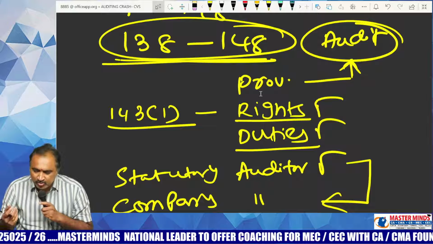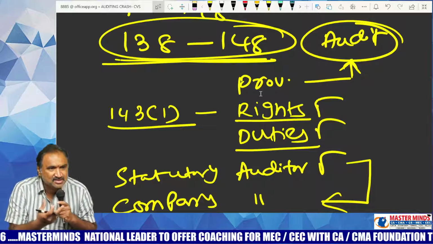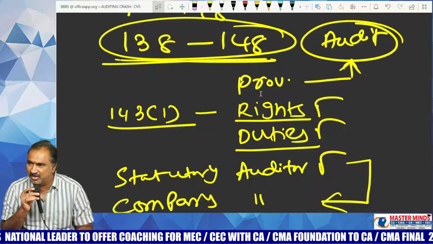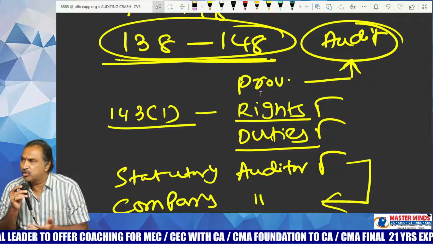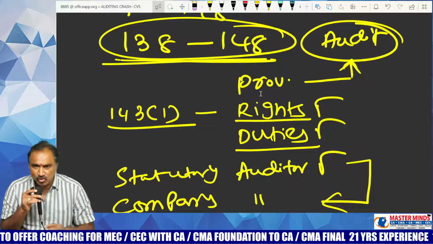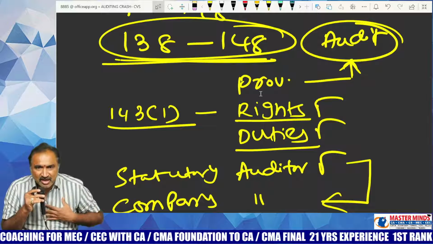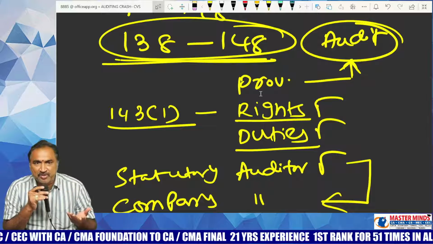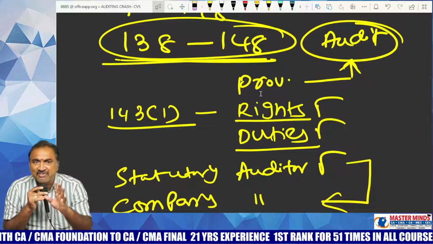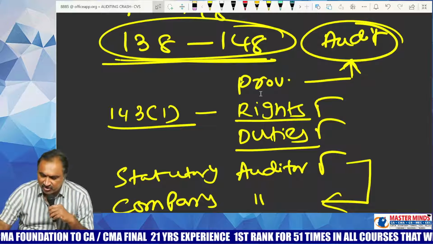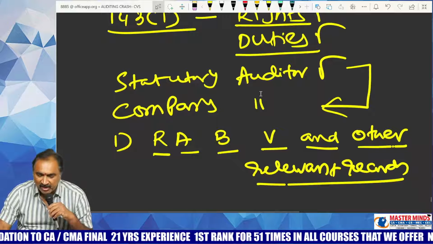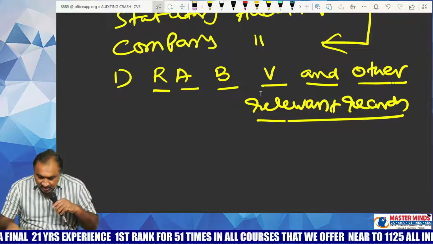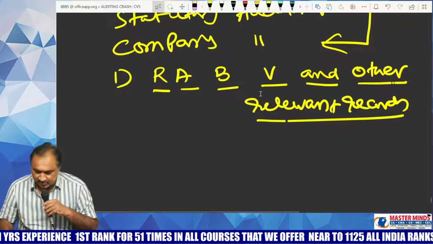Therefore, if you want to express an opinion, you should be given a right of access to books, vouchers and other relevant records. Thereby you can check the books and other related records, you can form an opinion, and the opinion so formed can be expressed to the users. So the auditor can discharge his primary responsibility of forming and expressing an opinion only when he has been given a right of access to books. That is the reason why the very first right given to the auditor under the Companies Act is right of access to books, vouchers and other relevant records at all times.